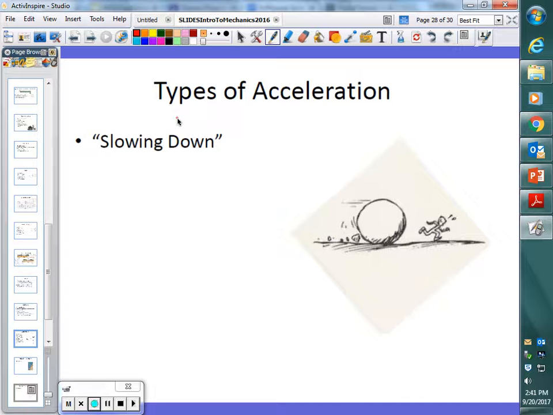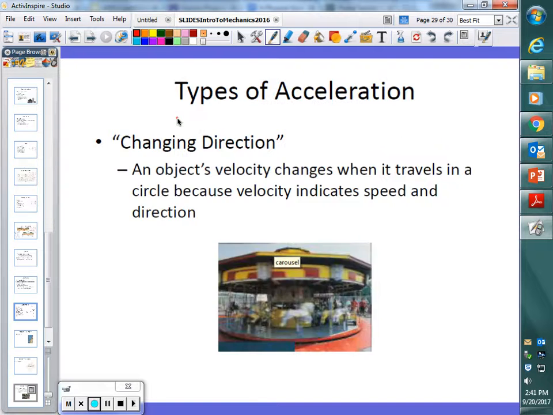And finally, Jason, the third one is going to be what? Changing directions. Remember, velocity is a vector. It tells us how fast, but it also tells us which way. If you go around in a circle, like on a carousel,